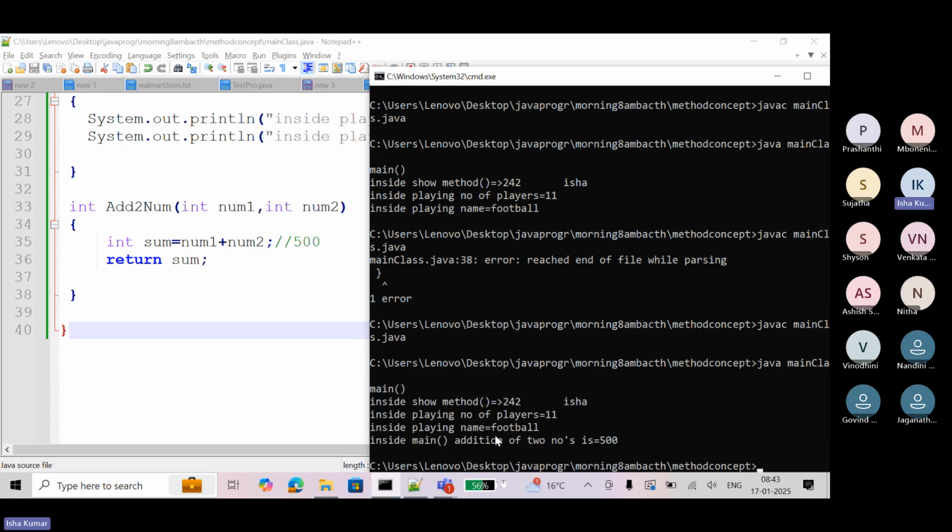And here you see, inside main, addition of two numbers is 500. Can you see that? Can you see or not? Yes. Right.